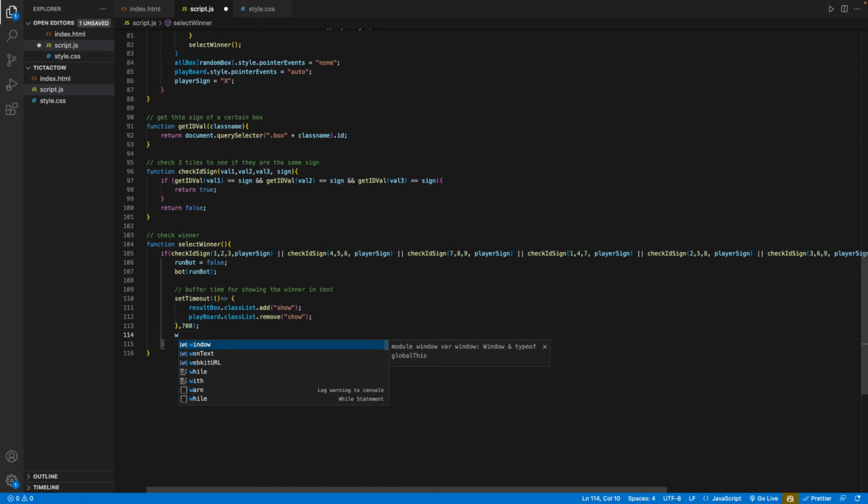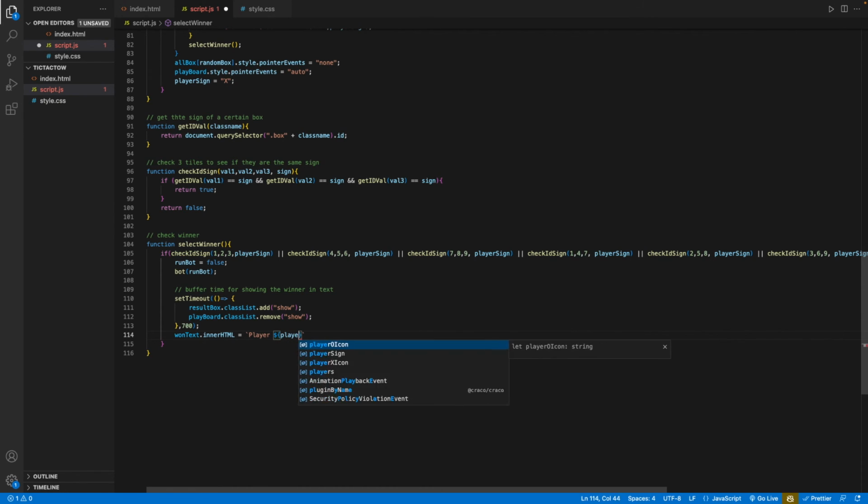and then we can do the text content. We insert the text content to be, apologies, should be inner HTML, because this would be a line. So player $sign player sign, a line break, has won the game, exclamation mark. Okay,